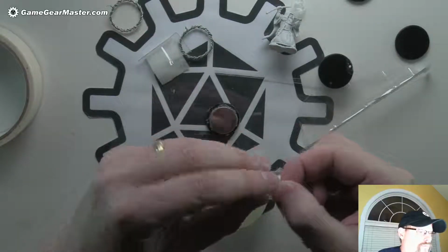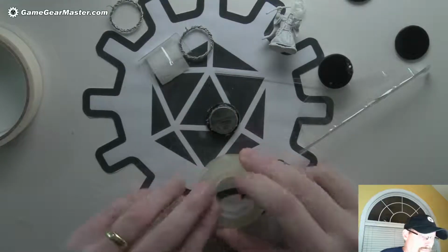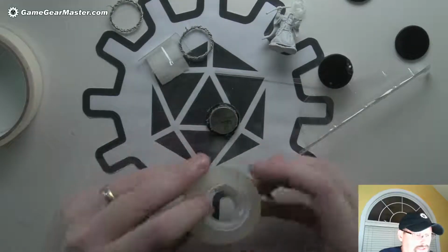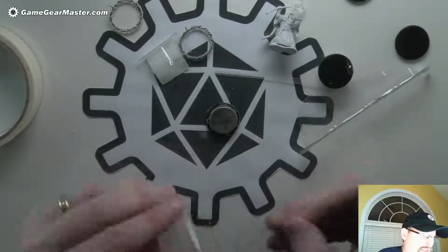We're going to kind of pre-roll it a little bit so it gets a little used to that shape. And plop it in there. Make sure it's laying nice and flat. And you'll see there's some overlap there. We're going to get rid of the little bit of extra. There's always going to be a little bit. Actually, let me make sure that's...